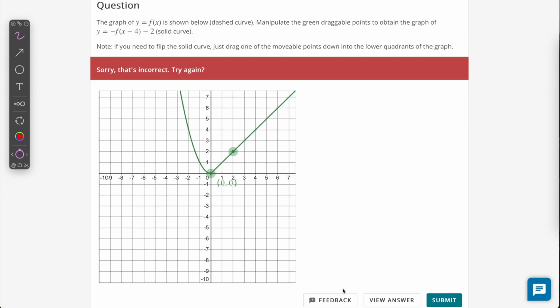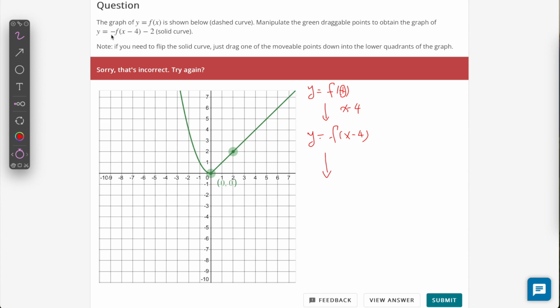This one, we're going to also do it using 2 different sequences, and then you can compare and see the difference. Firstly, I can consider starting with y equals f of x, and then I introduce that -4 by replacing x with x minus 4. So I have f of x minus 4. And then I want to introduce this negative sign